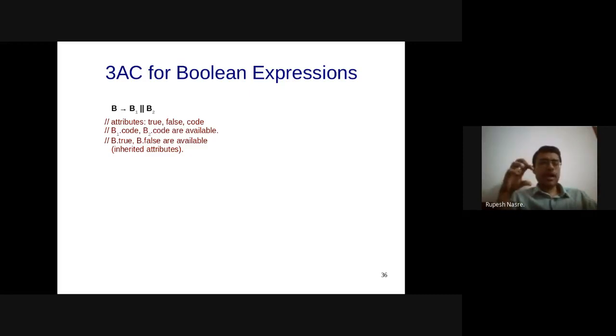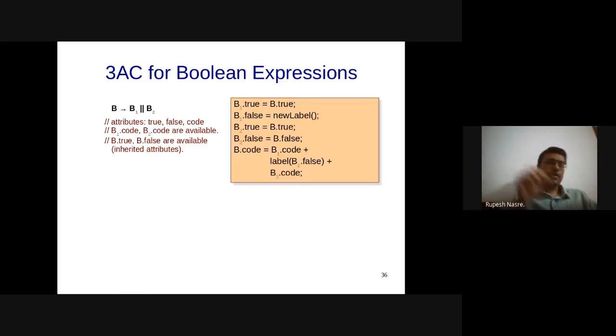Okay, so accordingly our IR generation is again going to use that gen statement in some way. Alternatively, we can just say B.code equal to something. That is in some sense assuming that I am going to use a gen code. So let's focus first on B.code, that is the code that we are generating. That says that I am going to evaluate B1, then there is a conditional statement, then there is a label, and then there is B2.code.